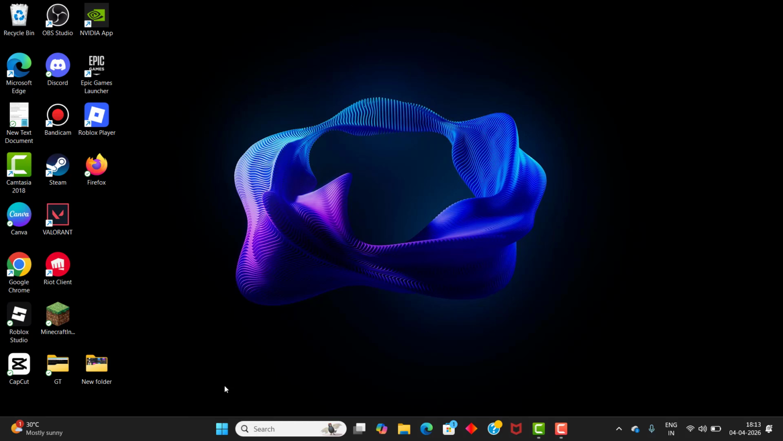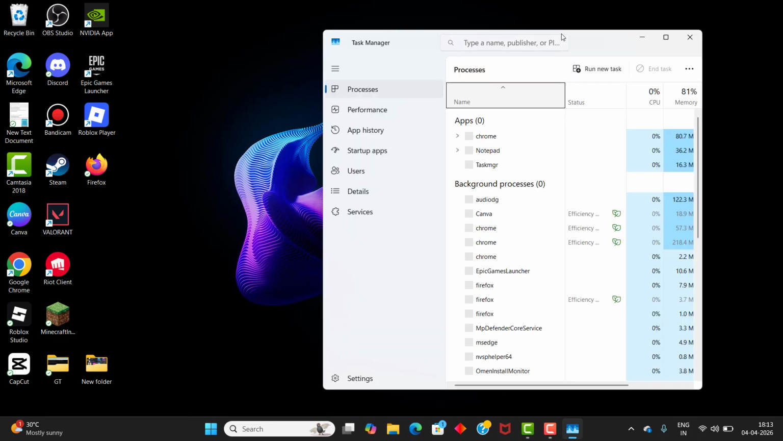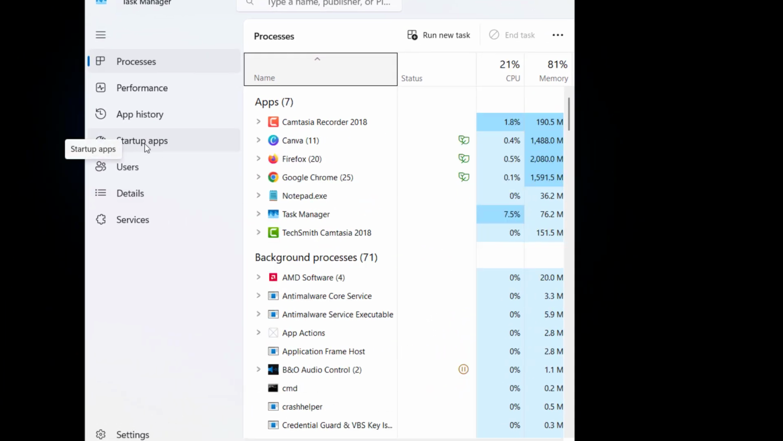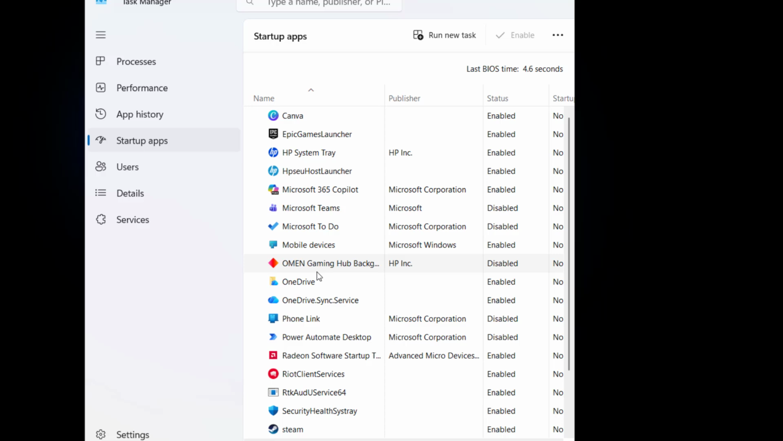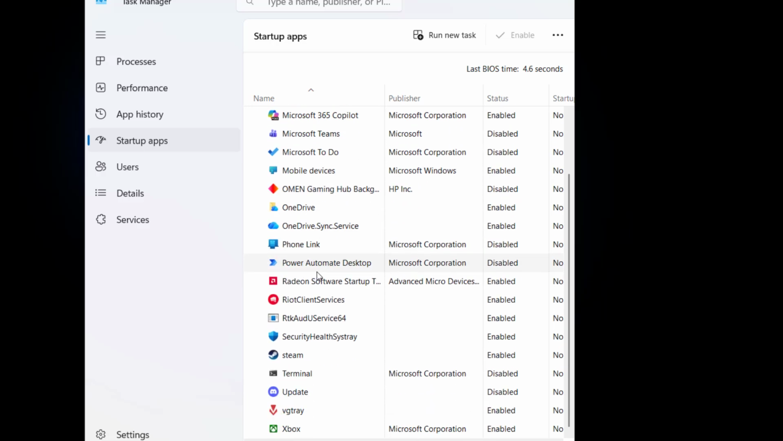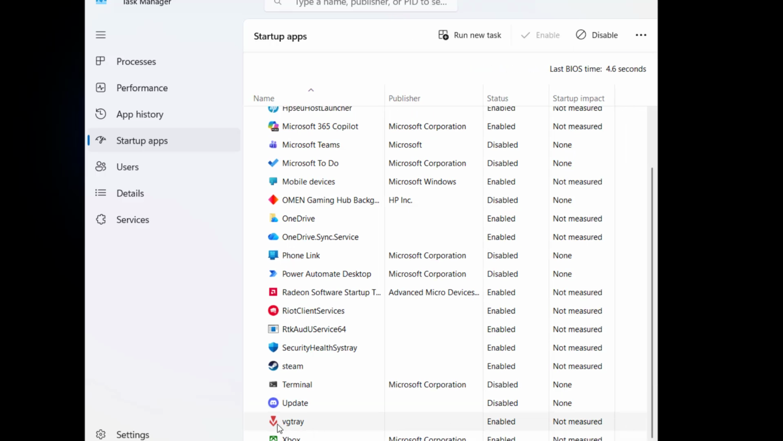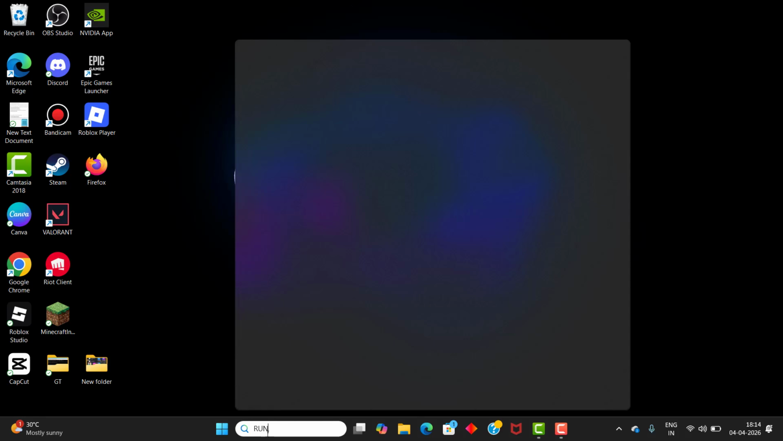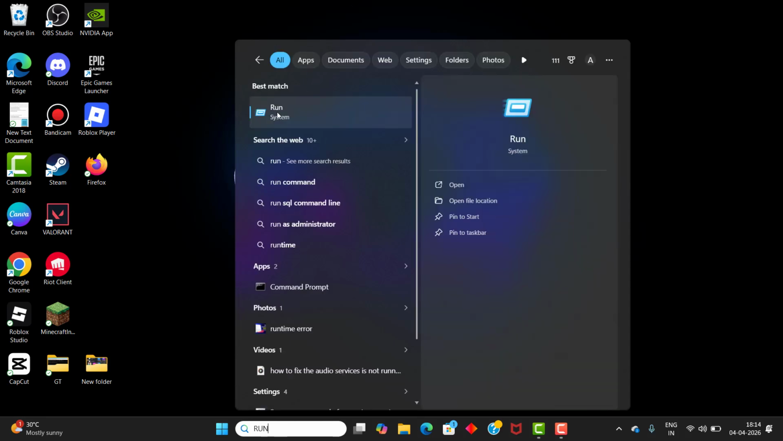So in this, we go to Task Manager and click startup apps. Click it, and you need to scroll down and check VGC. Yes, at the bottom side, click it, and it should be enabled. So if it's in disabled mode, you need to enable this one. Yes, and next you need to click run,